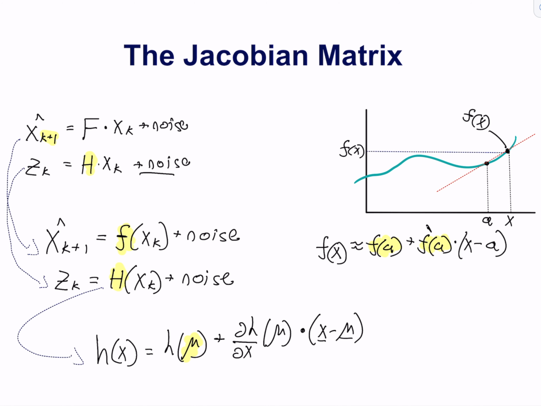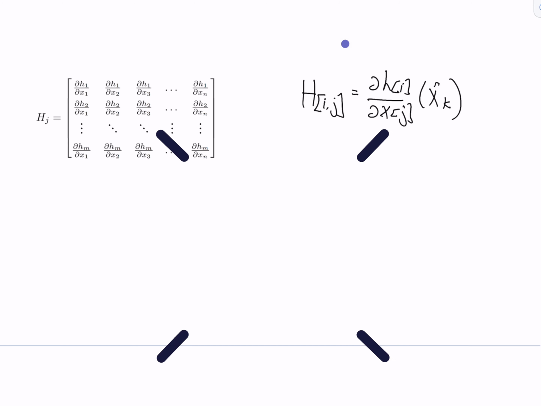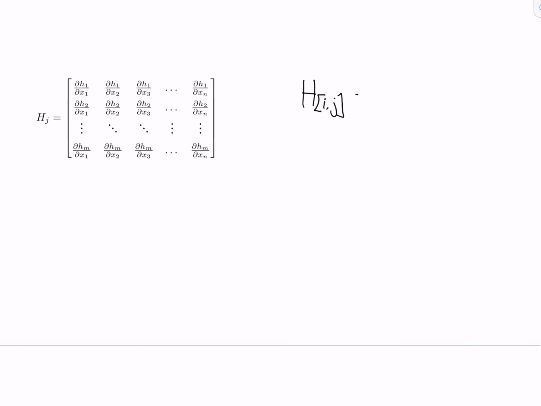Now, what we have is h at point mu plus, and this is important, dh over dx at point mu times x minus mu. This part over here is a vector because x is a state vector and mu is also a vector. But this part over here is called the Jacobian matrix. Now, if you inspect this matrix, you will find out that H, ij, row i and column j, equals the partial derivative of hi